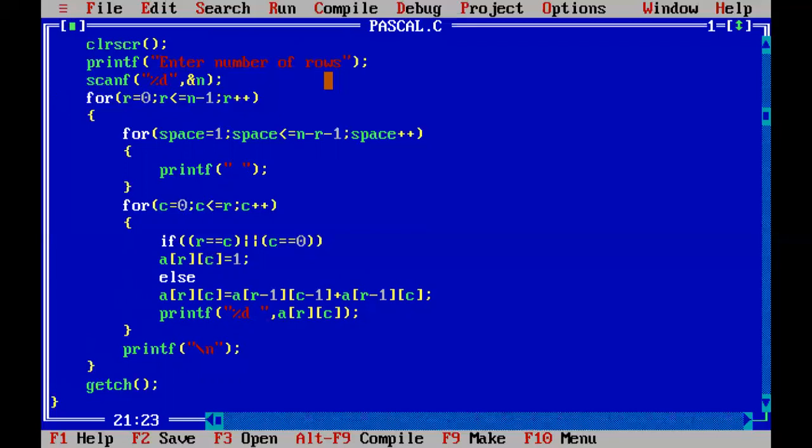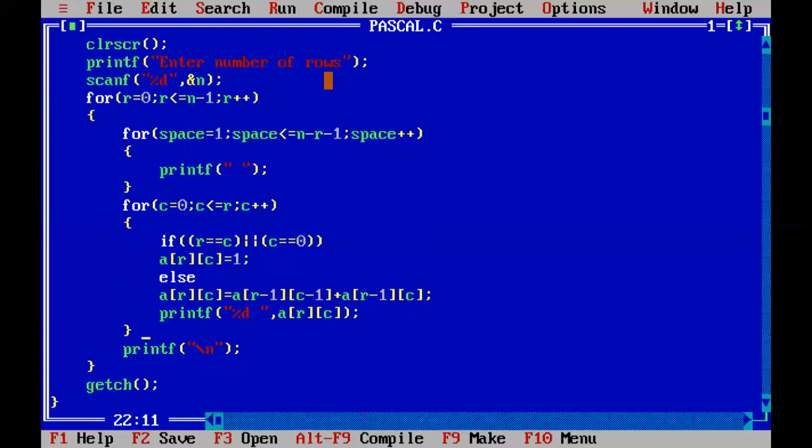And after printing the value, before the next element, you need to print the space. So after %d, I am giving one space. If you don't give the space, the elements will be printed continuously. But the space is required between two elements. So give the space in this. Now, run the inner for loop as many number of times as you need for each row.